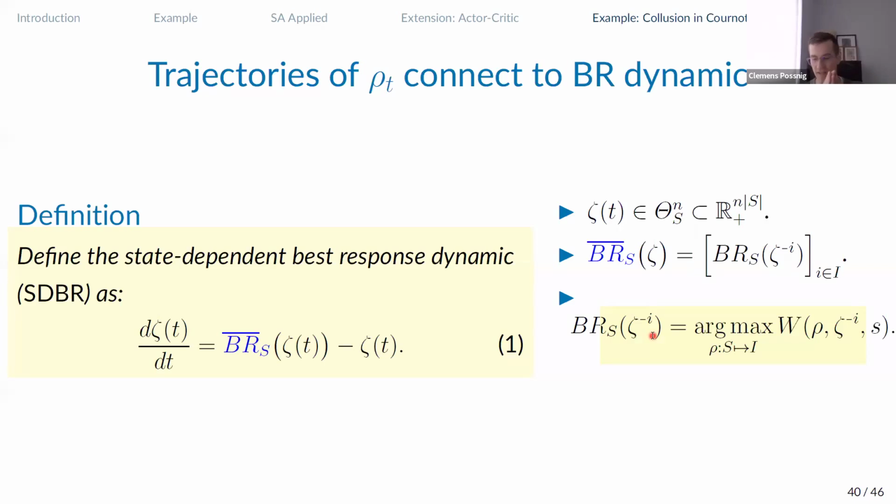So this is basically plain vanilla best response dynamics, only that now players think about Markov policies instead of stage game actions, and the objective is expected future discounted profits. And that's exactly the ODE that approximates the behavior of our system of these agents that try to learn repeated game strategies.